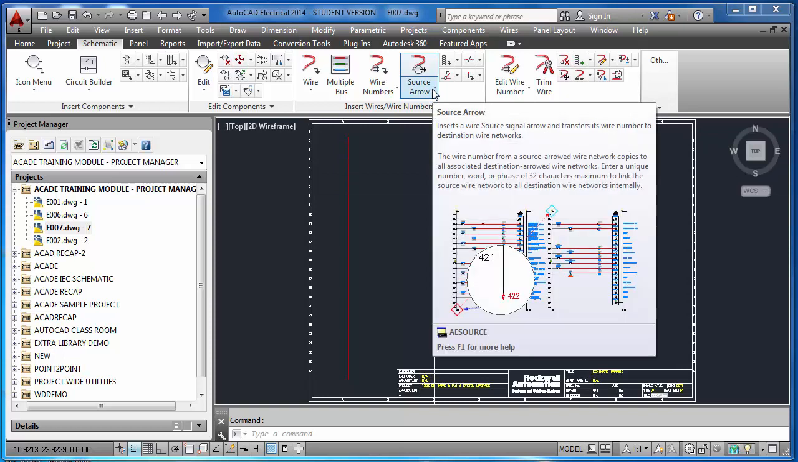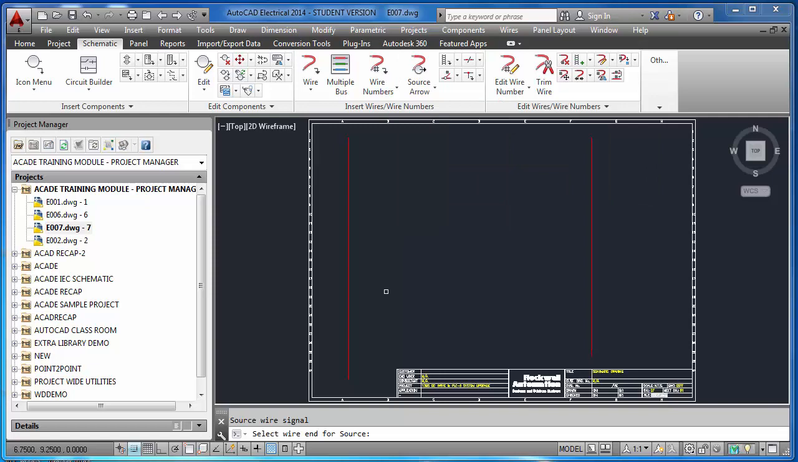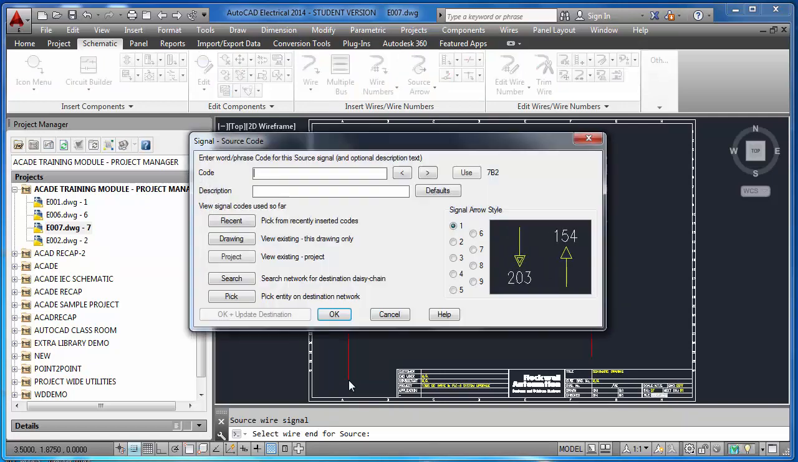Source and destination arrows play a role here. For the source arrow, just pick the end of one wire. Here you have to put a unique code. You can put anything like 1, 2, 3 or A, B, C, anything. But you should practice a standard way of giving the codes so that it will be very easy for you